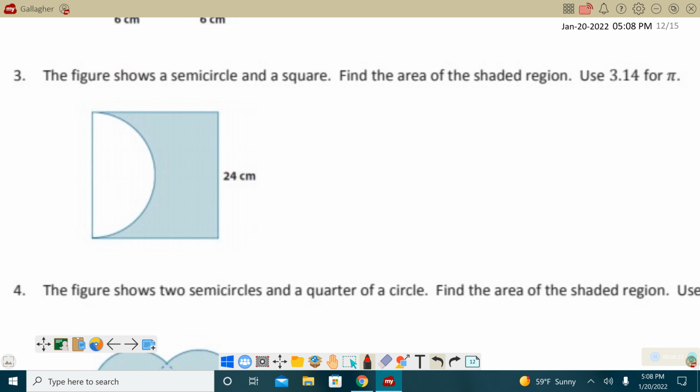For the square, it is the same length as it is width. And to find the area of a square, just put a little S there to note that we're talking about the square. You do the length times the width. And squares have the same, so it should be 24 times 24, which is